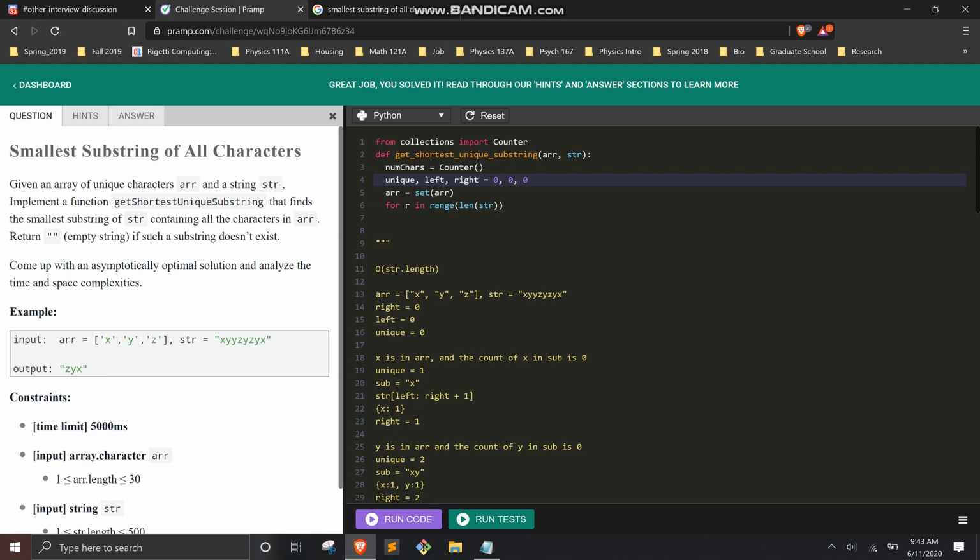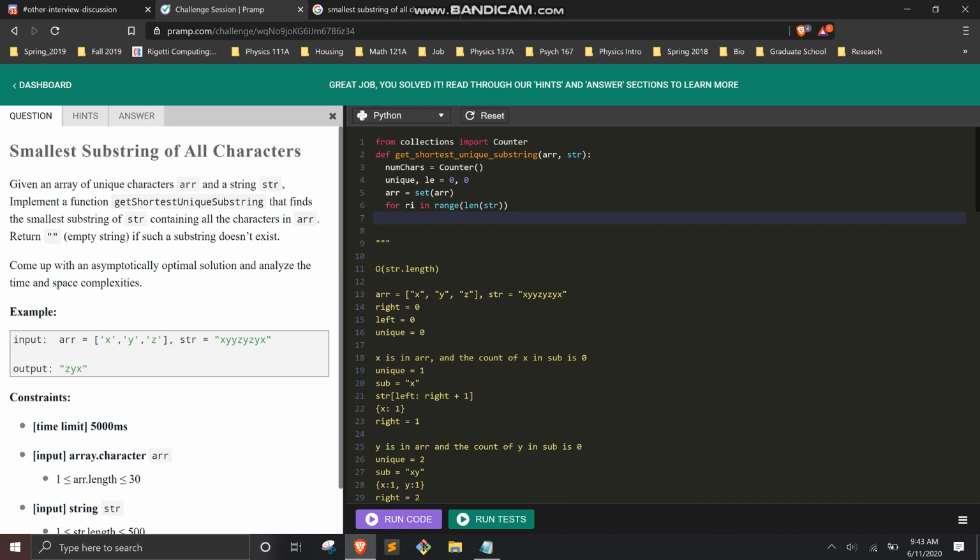Also, I just realized that I don't need to initialize this as 0 if I'm going to use a for loop. So for left, I'll just use LE so I can save time typing it, and I'll use RI here. Okay, so for i in range,